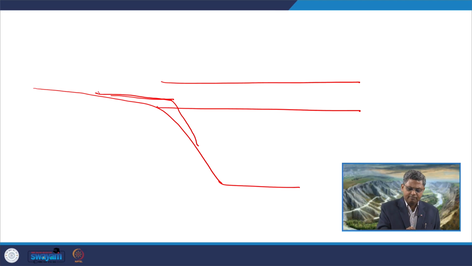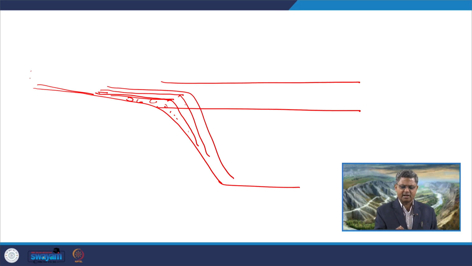At this time the river gradient was very high, so coarser sediments were transported in this direction, and they were also distributed along the delta lobe or delta front. In the next phase, we will get a progradation which will go on like this. In the next phase, it will be like this, and it will gradually go on like this.